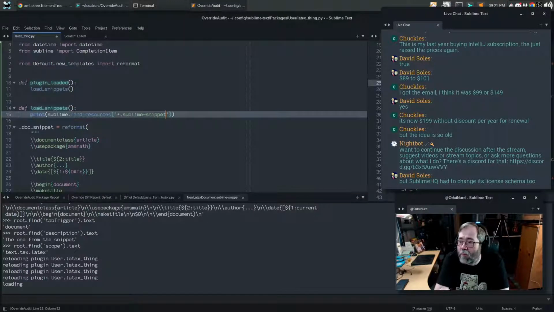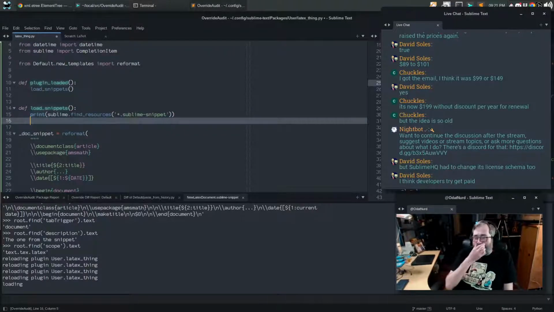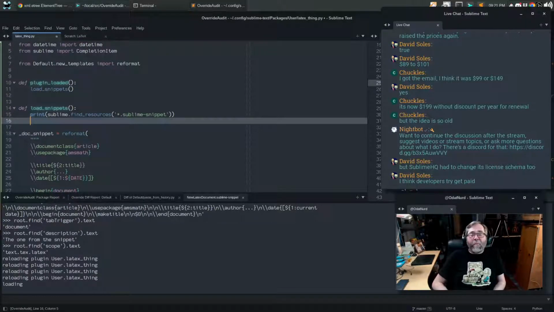But in the grand scheme of things, the Sublime license model now is you just get updates for 3 years, and at the end of the 3 years, keep using any version you've had up until now, perfectly fine. Or if you want another 3 years, pay again. So you're never forced to do it. I find that it's a nice